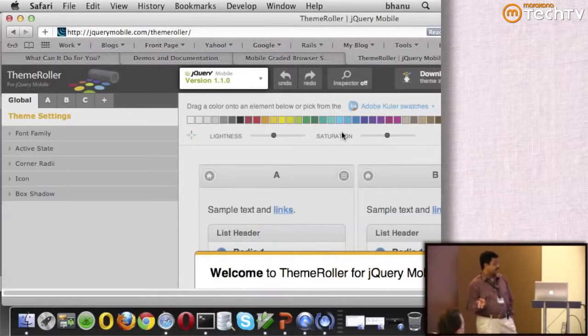There are two nice things about it. One is you can start with the ThemeRoller generated style sheet. At the end of the day, when you do all your modifications, you can export the output as a style sheet, and then you can place that style sheet in your application folder, and your application becomes styled according to this theme.